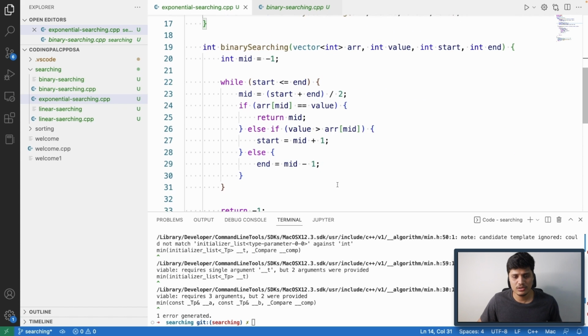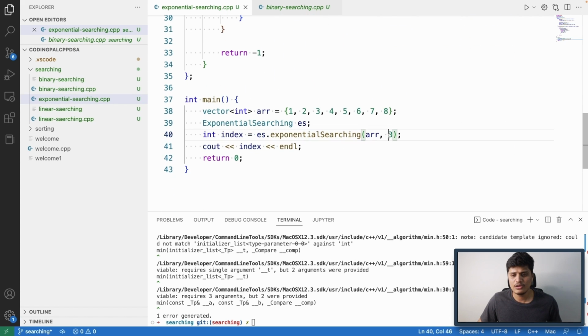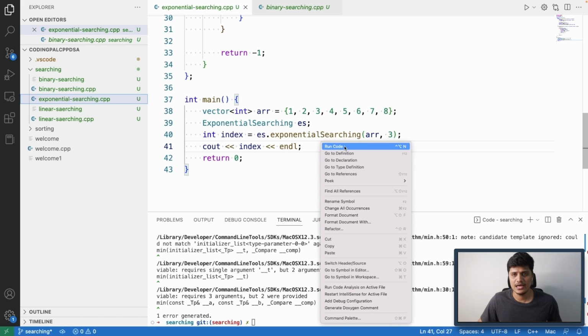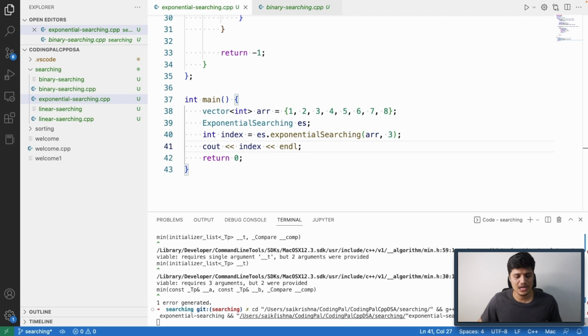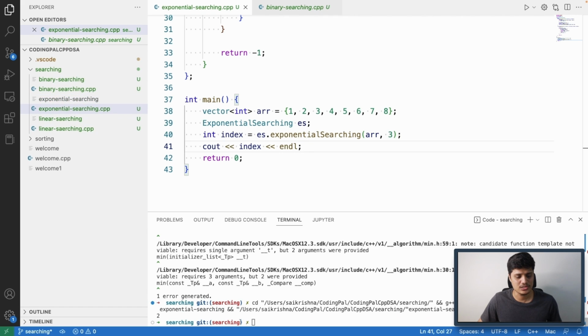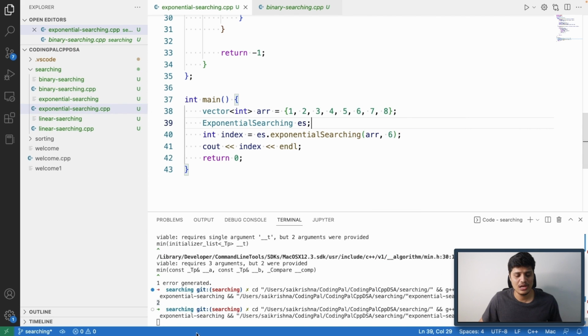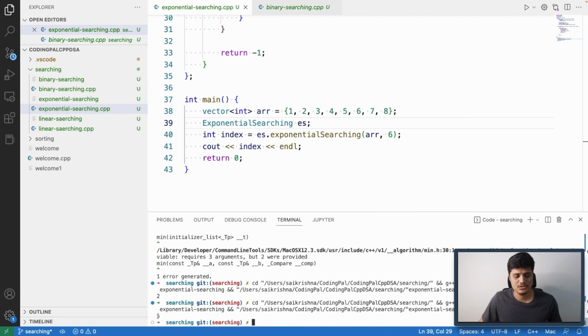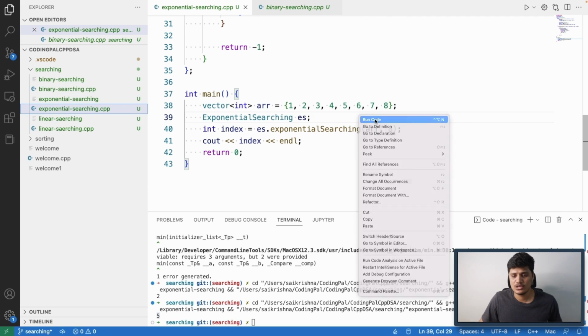Now if I execute this, the value that we are searching is 3, right? It is available at index 2. So if I execute the program, that's the output that I should be seeing on the console. See, 2 is the value that I have got on the console. Let's say I want to pass the value 6. The value 6 is available at index 5. So that is what we have got. Let's say I want to search for the value 8, which is available at index 7. So if I run code,